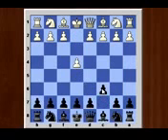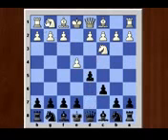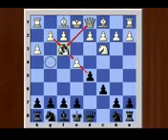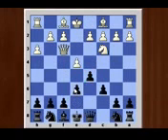e4, c6, knight c3, d5, knight f3, bishop g4, pinning the knight, h3, bishop captures f3, queen captures f3, e6, d4,